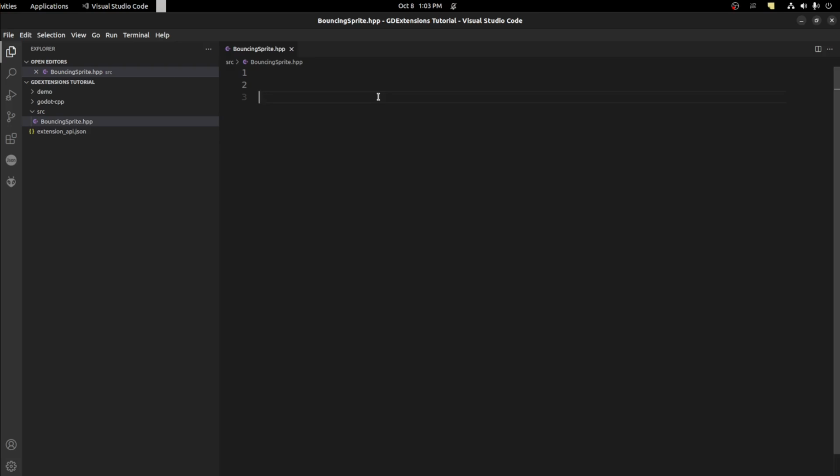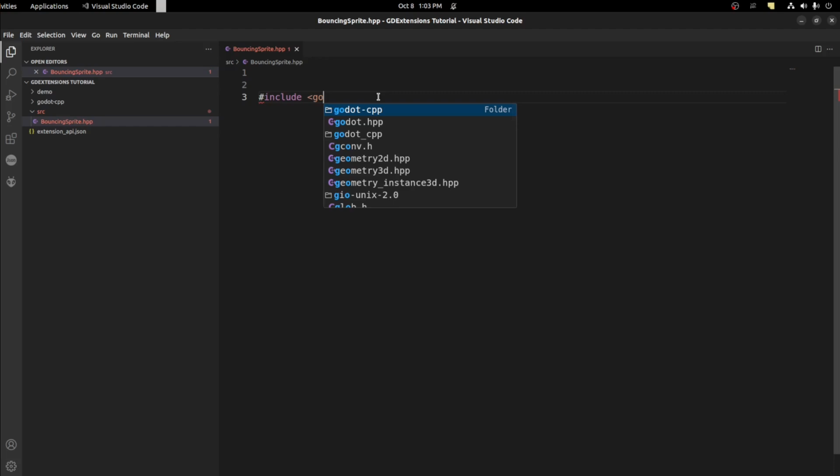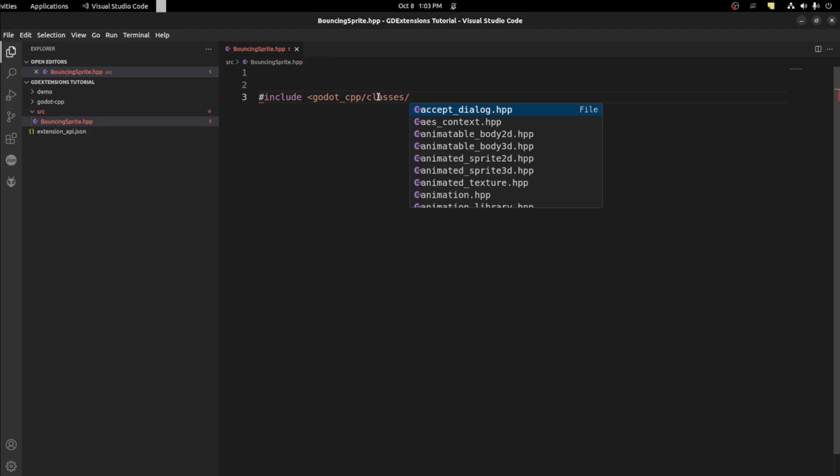So we're going to do include. You have to find where the Godot CPP is. So we have to just type it out for now. Here it is right here. godot_cpp classes. And you want that Sprite2D. And it should pop up somewhere. There you go,